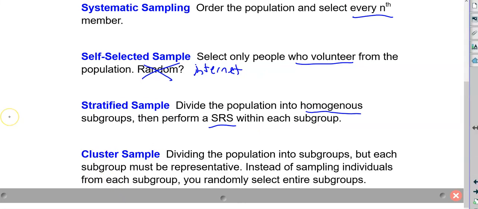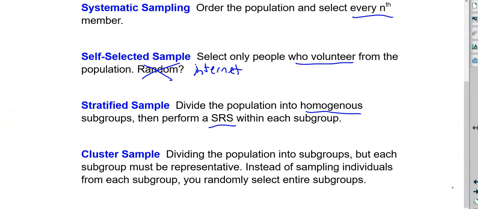Clusters, pretty tough to pull off. It's not a bad method, but it's really hard to find a representative group. What I mean by that is, you're trying to find one group or a number of groups that might be representative of the whole population. Let's say you're trying to study the city of Memphis. You might try to choose a zip code that's representative of everyone. Well, that's really hard to do because you'd have to pick a zip code that has a similar racial breakdown as the whole city of Memphis does.